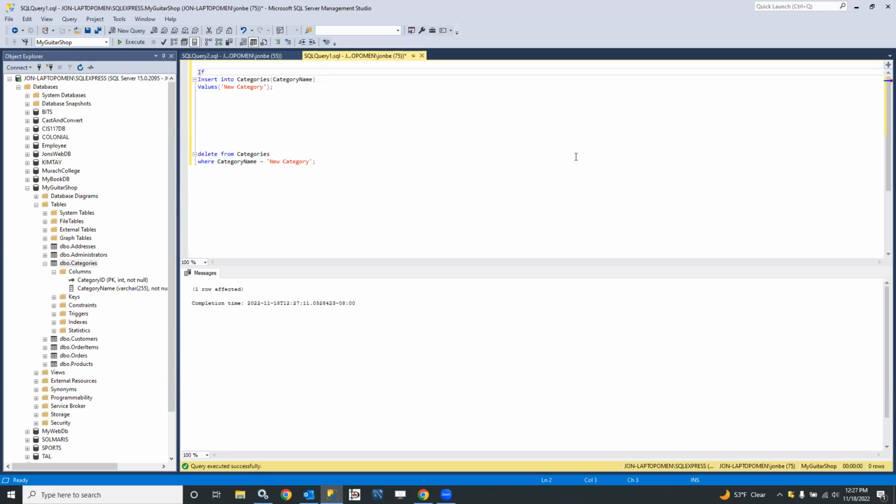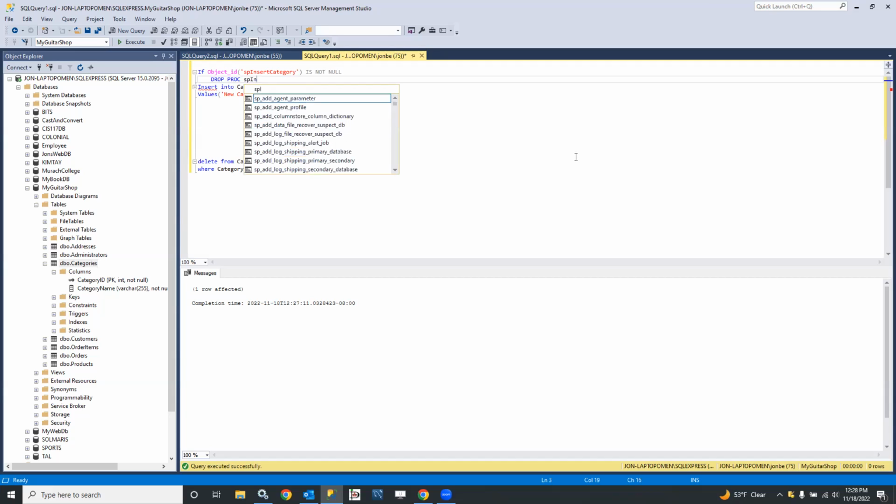So if object ID SP insert category is not null, and the way we know it exists is if it is not null, then drop the procedure SP insert